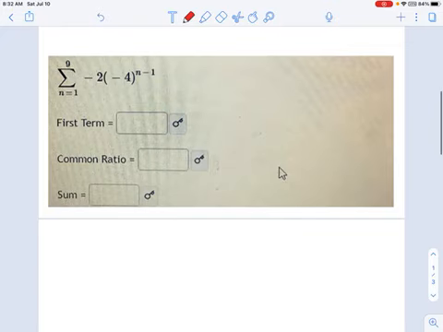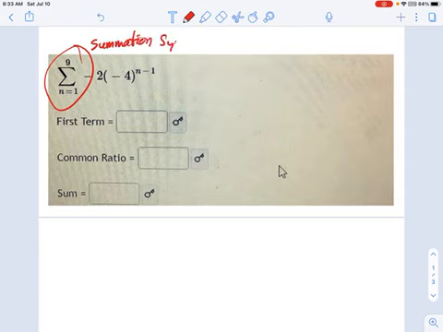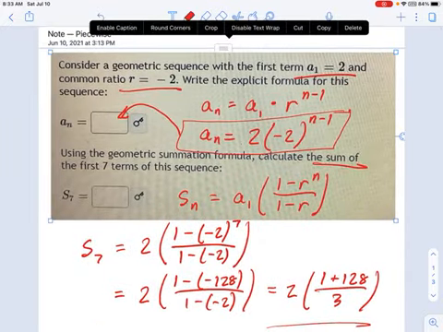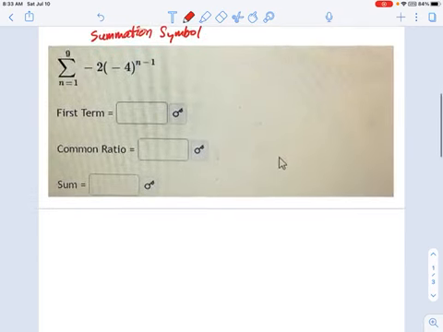Now, in the next example, this is another summation problem, but there's no real words at the top. So you have to know, this is important, what that means. This is the summation symbol. And when you see that, it means heads up, we're taking a sum. We're given some information here, but it's not all laid out very clearly. Remember in the first one, it said the first term is 2, and here's the ratio. We were told very clearly what these things were. Right here, you're not told very clearly, but all the information is present for you if you know where to find it.